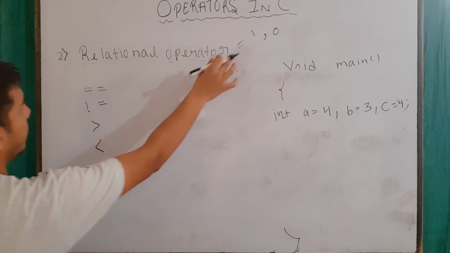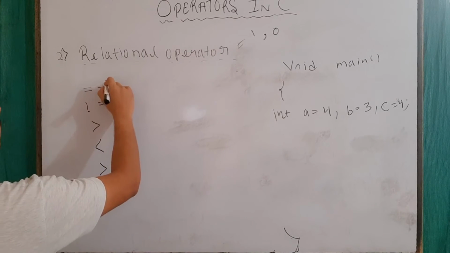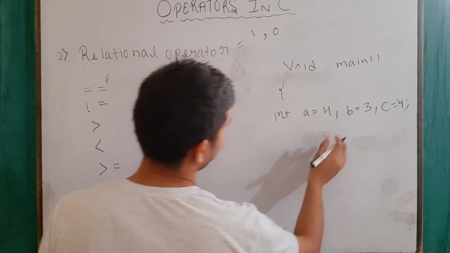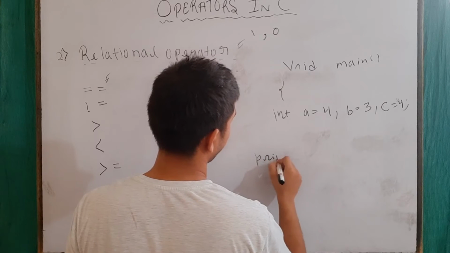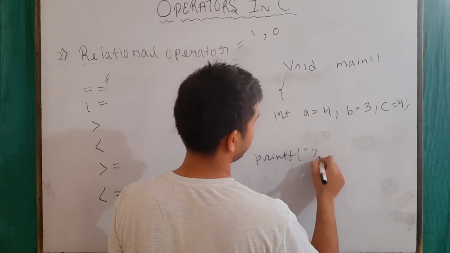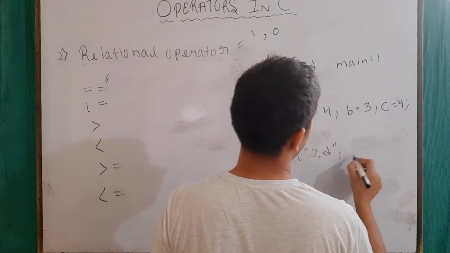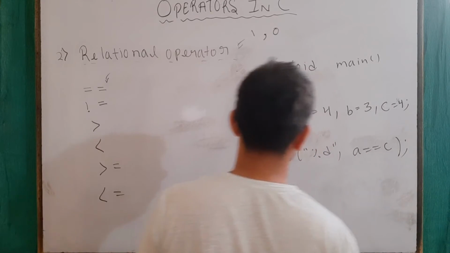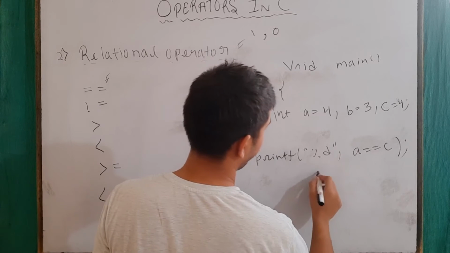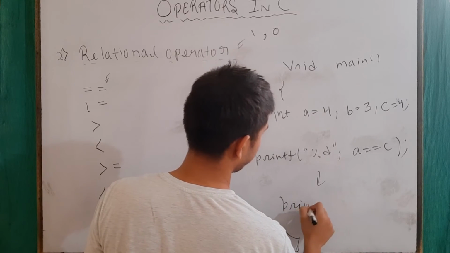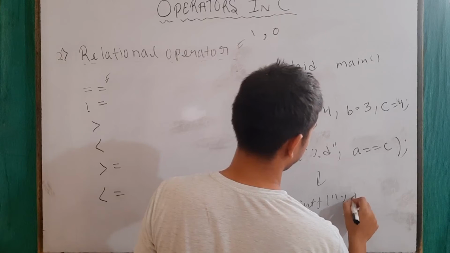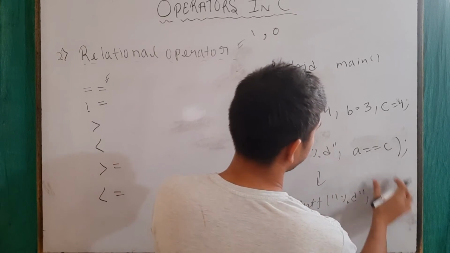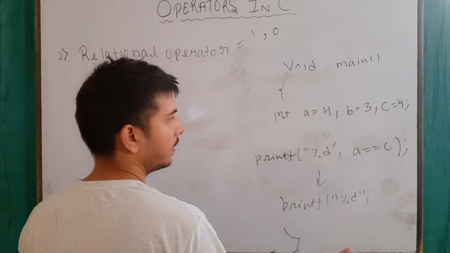Now let's understand it through an example. First of all, we have the double equal to operator. It checks for the value. For example, if I write here printf of %d, a equal c, okay, and its equivalent will be something like this. Equivalent means its end result, I am just writing here for better explanation, that's all.